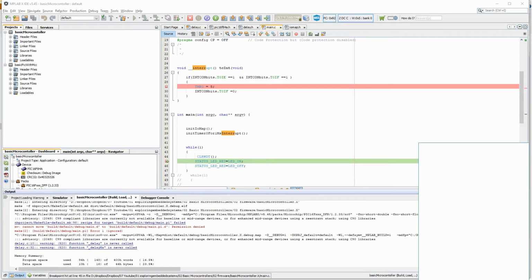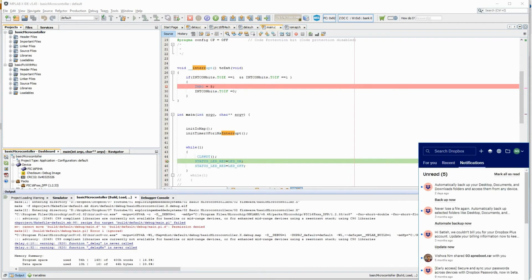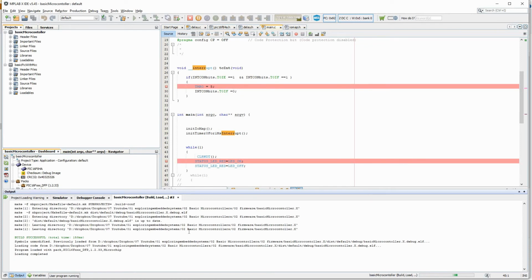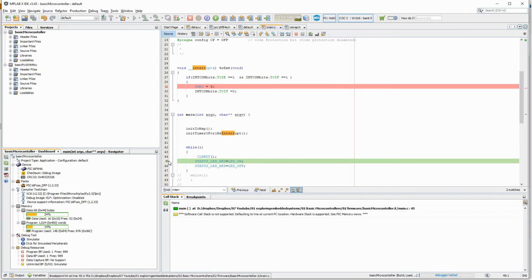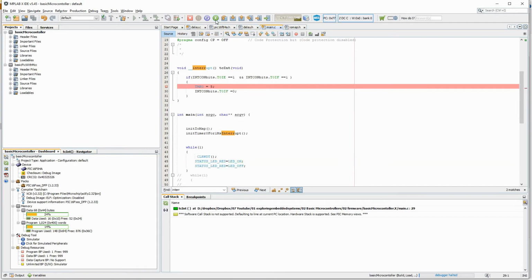Permission denied. So let me just browse my Dropbox. So always keep an eye if there is any warning or error here. So it has come here. So it will keep coming because I put a breakpoint here. So I'll remove the breakpoint here. So every 1 millisecond it should come here. See, every 1 millisecond it is coming there.